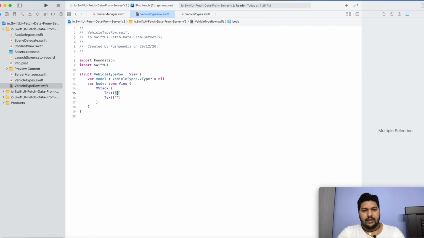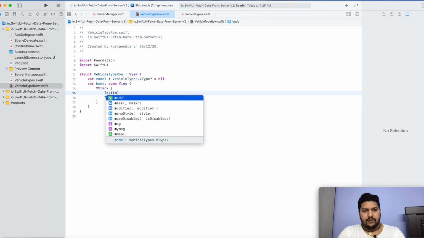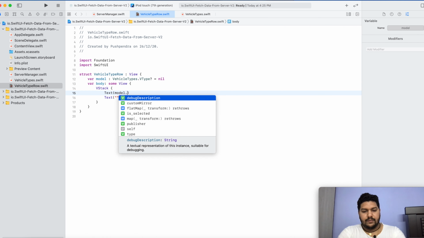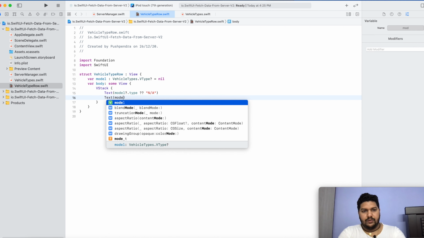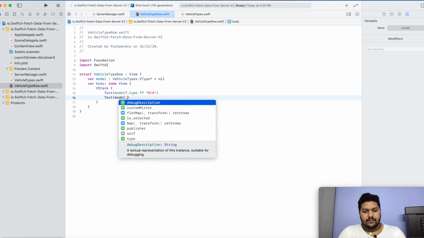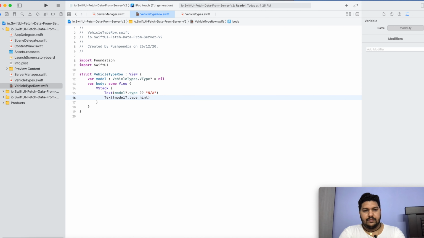Here I am going to set model dot type, and if nothing is there then it will be set as not available. Same for model dot type hint: if nothing is there, then also not available.